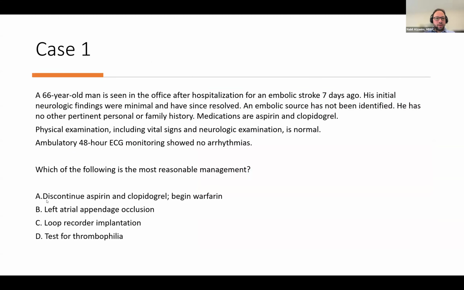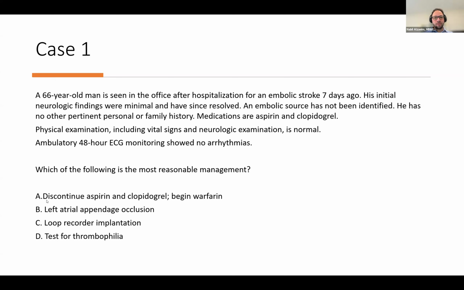This is a quick case, and I would really like people to share their answer on the chat, just maybe 2 minutes. A 66-year-old man is seen in the office after hospitalization from embolic stroke 7 days ago. Initial neurological findings were minimal and have since resolved. Embolic source has not been identified. He has no other pertinent